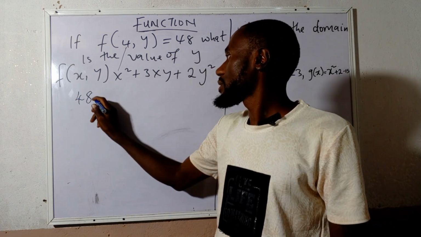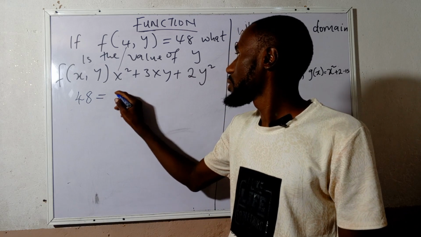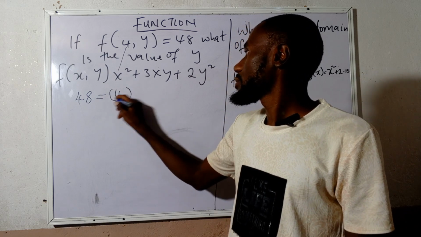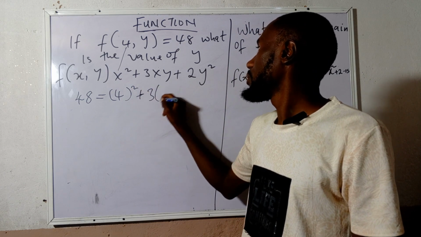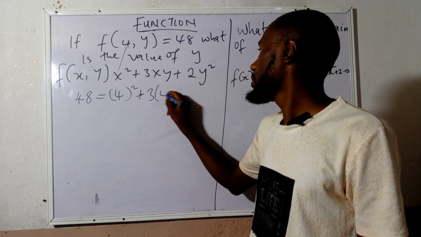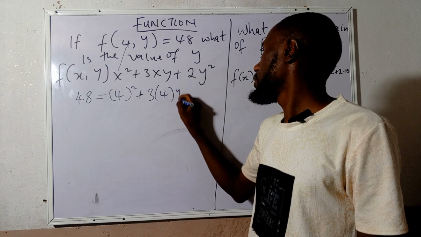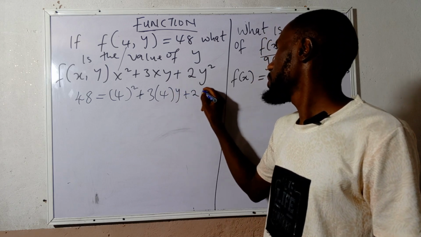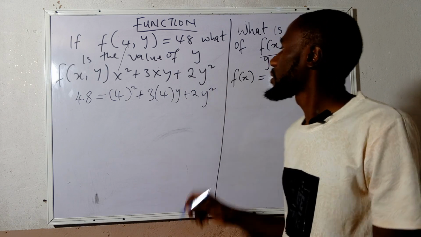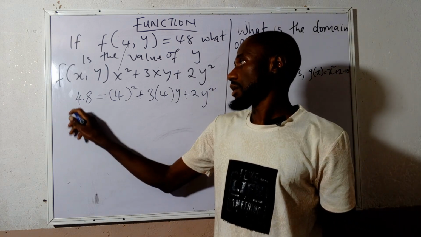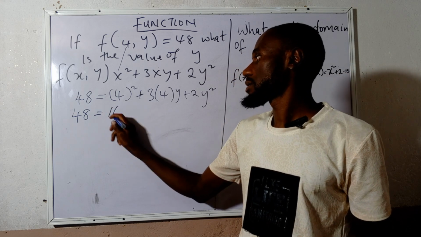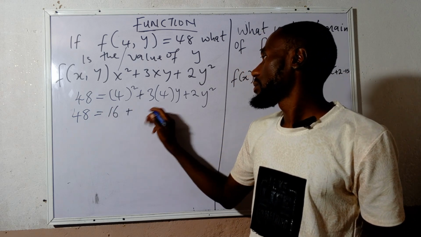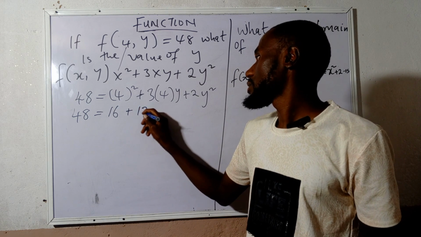We have 48 is equal to 4 to the power 2 plus 3 multiplied by 4 y plus 2y squared. Then we have 48 is equal to 4 squared, which is 16, plus 3 times 4, which is 12y